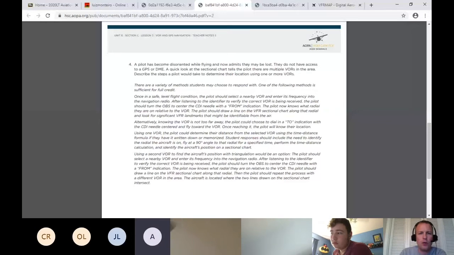You can tune one in and center that needle with a FROM indication, and then you can tune the other one in and center the needle with a FROM indication, and it'll tell you where you're located. Where those two pieces of information cross, that'd be your location. So if I was looking on the map here